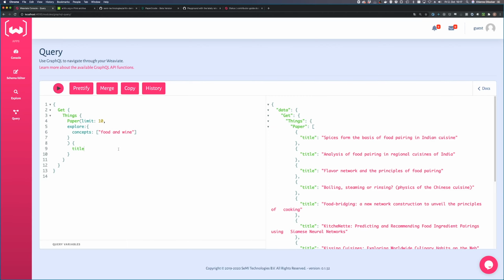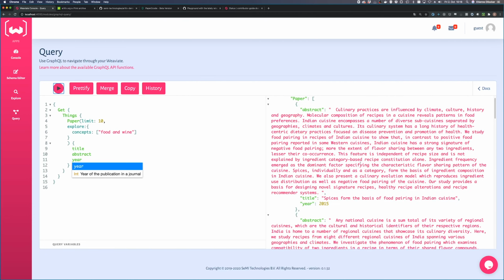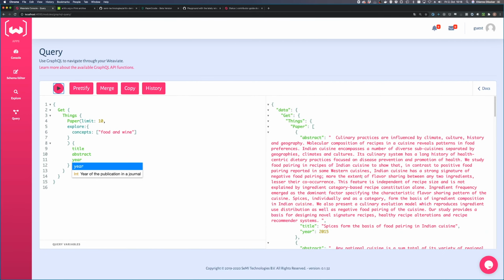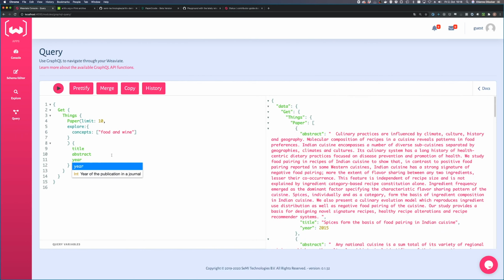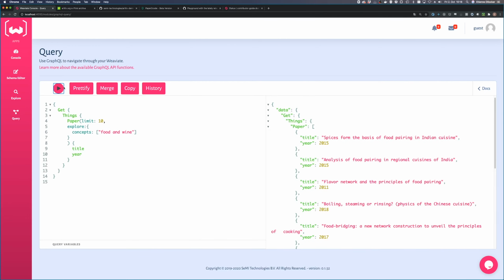Because this is GraphQL, we can show whatever part we want. So let's include also maybe the abstract and the year here. And then you get this data. So this is again something that separates Weaviate from these pure vector search libraries. You don't just get an ID back and then you have to retrieve a data object. You're doing this vector search, and what you get back is the whole object with all the parameters that you're interested in. So let me remove the abstract again so it's a bit easier to see,